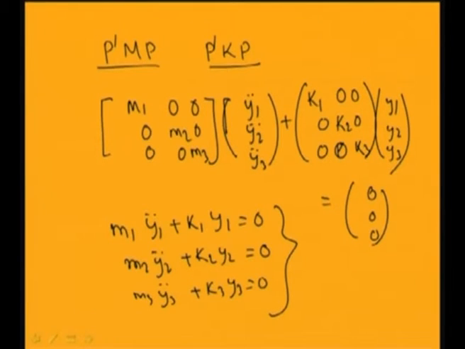So from this one can find the first mode frequency as root over K1 by M1, second mode frequency as root over K2 by M2, and third mode frequency equal to root over K3 by M3, and Y can be written as Yi sin omega i t. So these are the normal modes. After finding the single degree of freedom system solution, one can convert this Y by using the modal matrix to X. So X will be equal to P y.